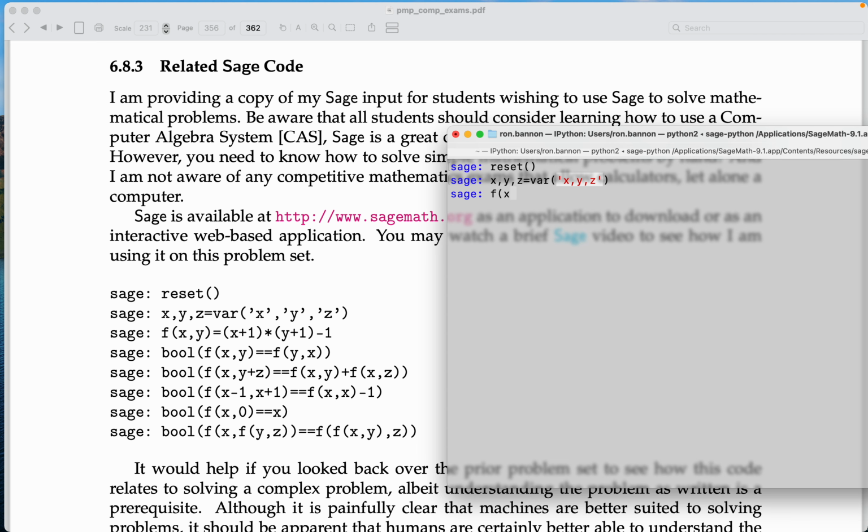It's got two arguments, X and Y, and it equals, that's an assignment operator, (X plus 1) star (Y plus 1) minus 1. All right? And then I'm going to use this Boolean operator,